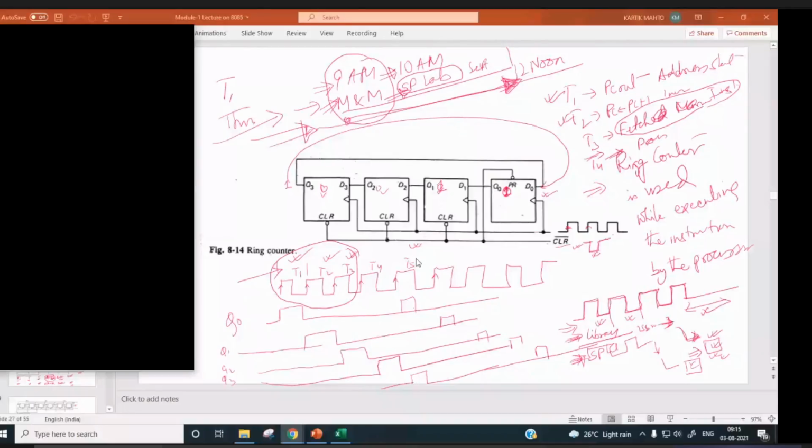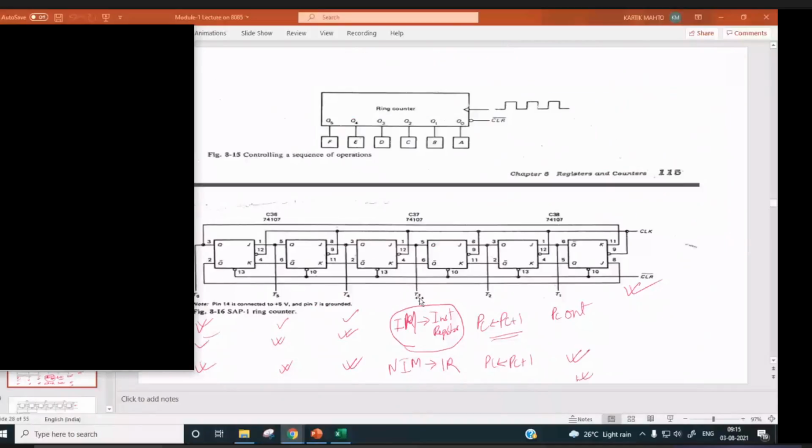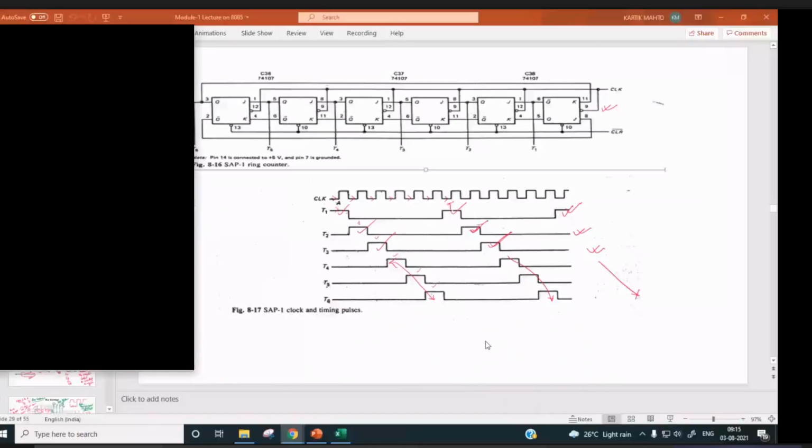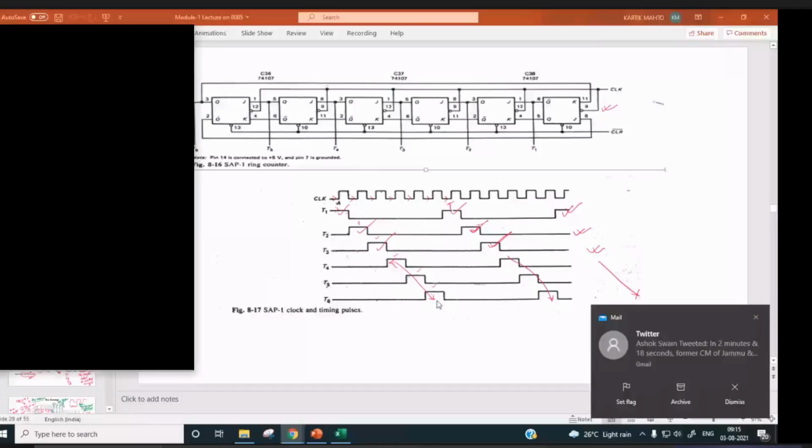Here we have a 6-bit ring counter. You can see I have already listed different operations. During T1, PC is outed; during T2, PC is incremented; during T3, the instruction is fetched from the memory; and T4, T5, T6 execution will be there. So this circuitry we discussed earlier. Here a register is there which has two control signals: one is load, another one is enable.